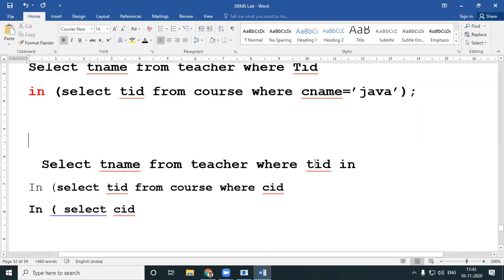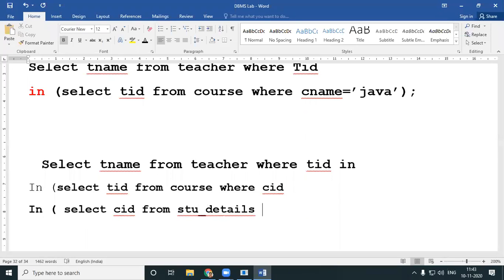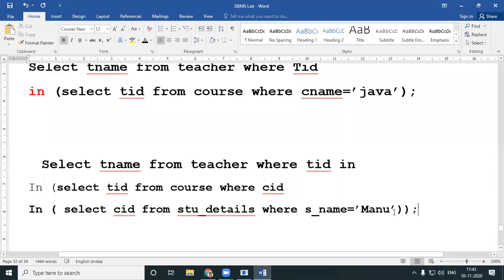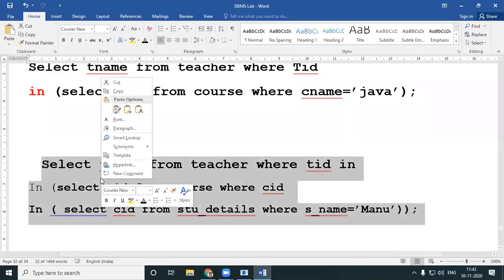This is what I told: TID is the primary key in teacher, and TID is the foreign key in course. CID is the primary key over here, and CID will be the foreign key from STU details. Who teaches Manu, right? Where S underscore name is equal to Manu. Then I'll close off all my brackets, save it, and we'll run the query so that you get an idea.